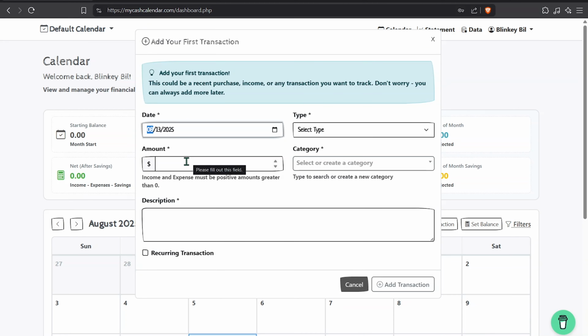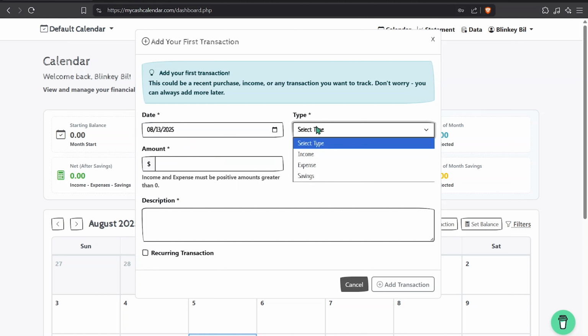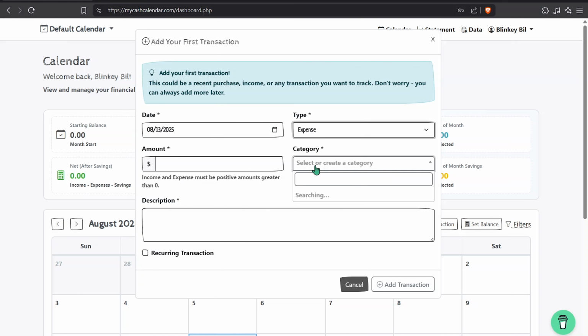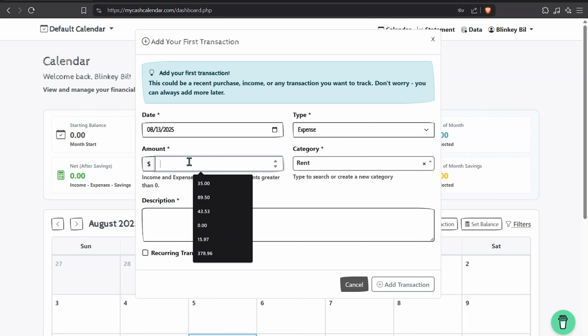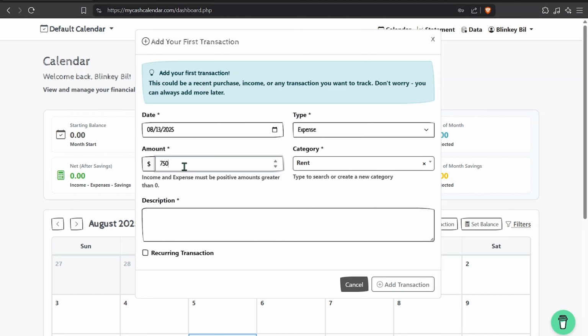And the idea, how the whole thing works, is that what I wanted to build essentially for myself was an app where I can add recurring transactions. So I can say that this is an expense. I have no categories, so I'm gonna say rent. I'm gonna create it, and I'm gonna say that my rent is $750. This is gonna be my apartment rent,